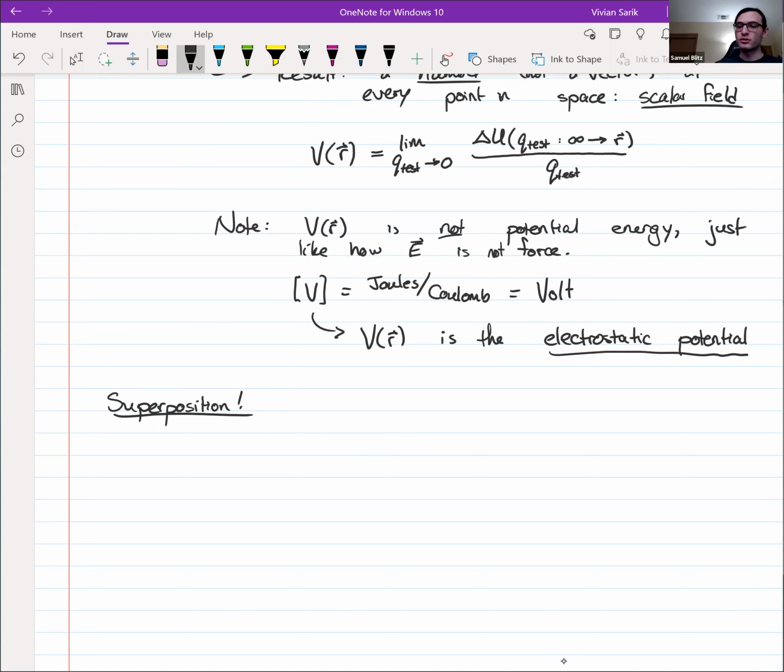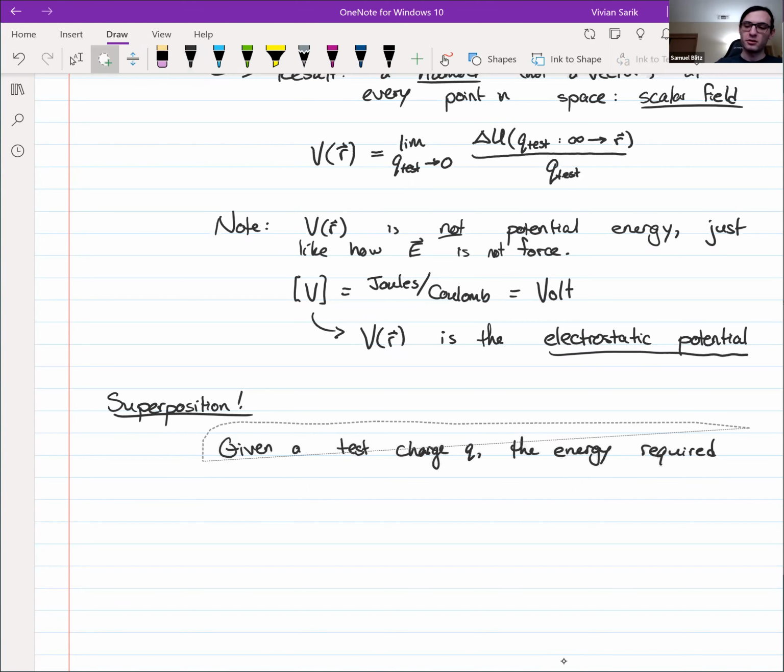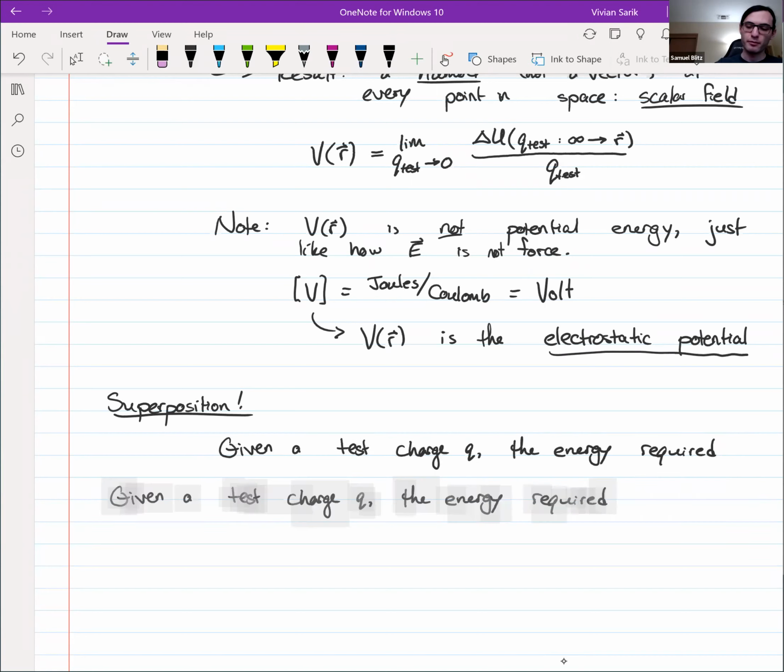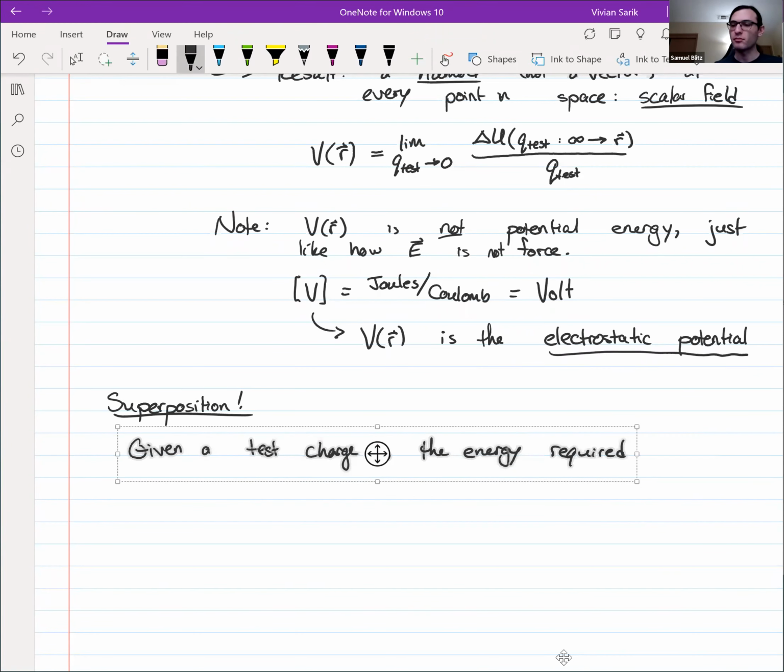So given a test charge Q, the energy required to bring that charge near a collection of other charges